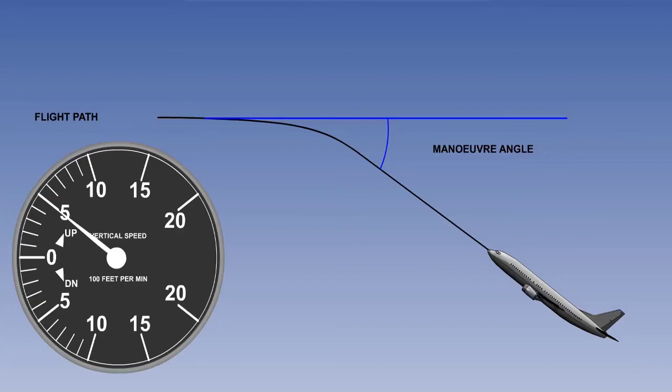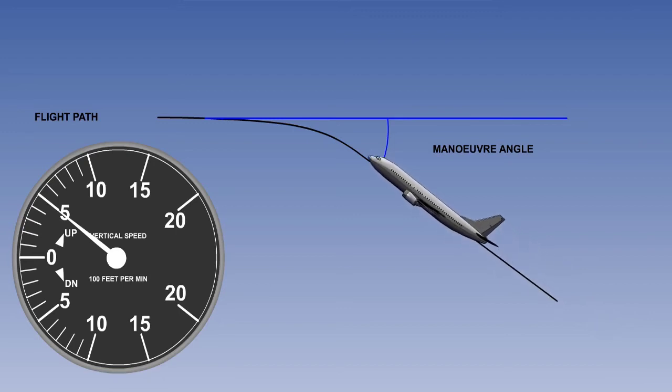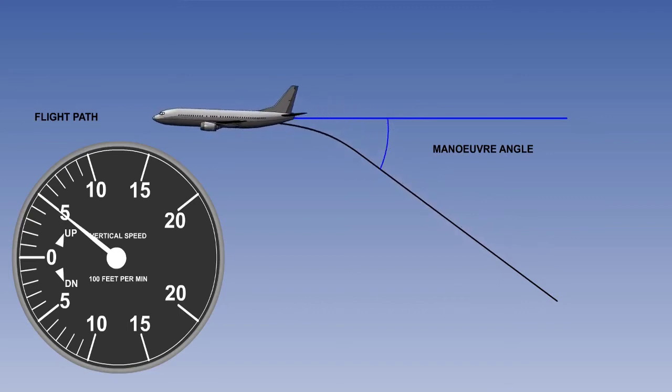Maneuver-induced error normally causes a lag in pressure instrument readings. The error is best illustrated by looking at a vertical speed indicator reading as the aircraft levels off in the example here. In level flight, the pointer on the vertical speed indicator will read 0, so keep an eye on the pointer. In our example, the aircraft is climbing at an indicated reading of 500 feet per minute on the VSI. Watch what happens to the reading when the aircraft levels off, and we can see that the VSI reading